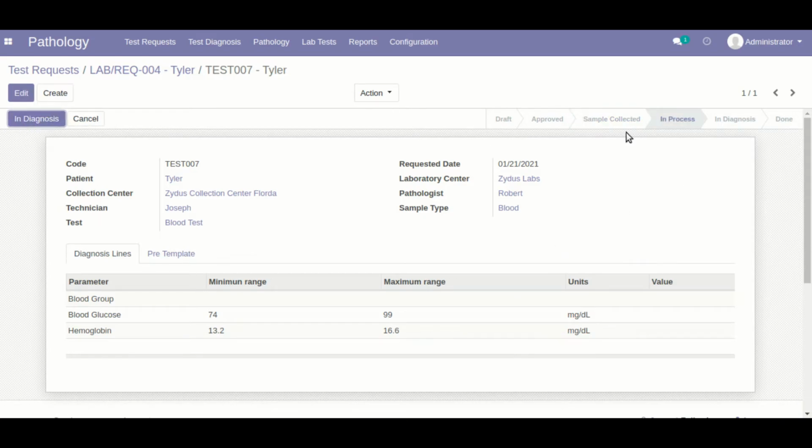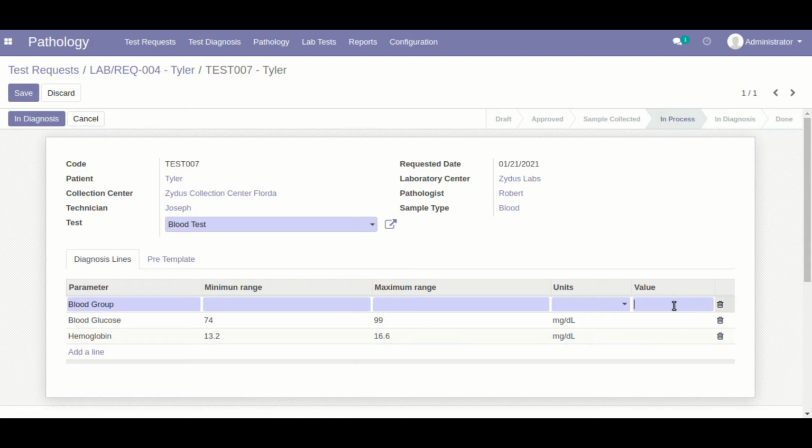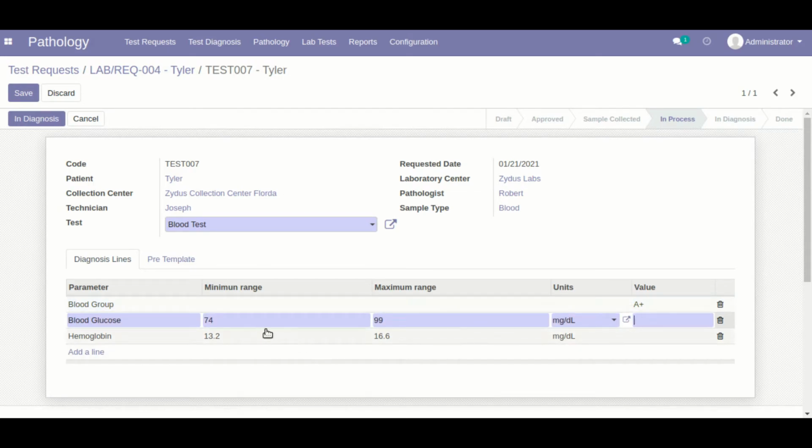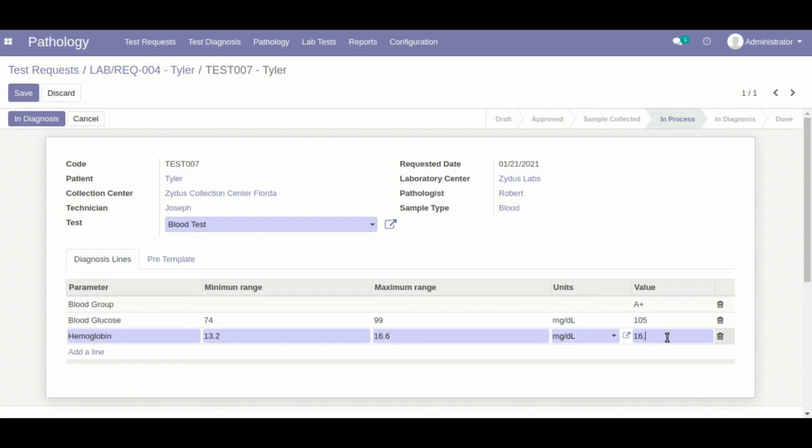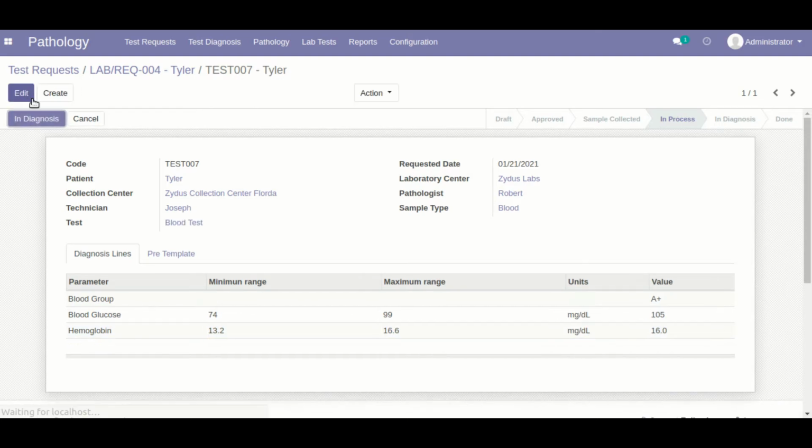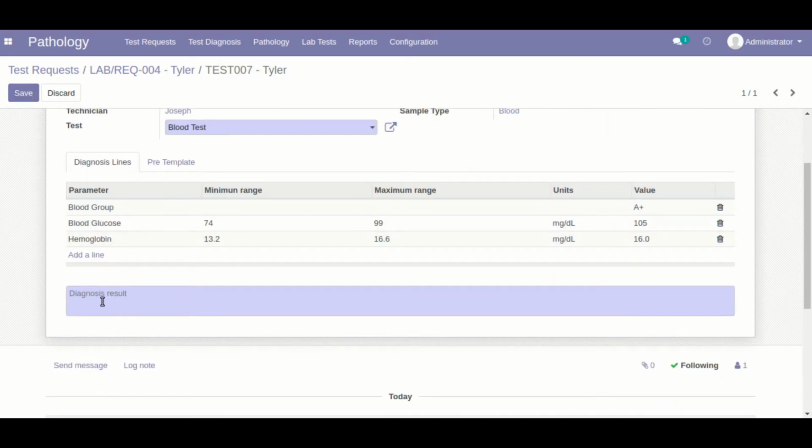Okay, now we are going to start processing on that sample, so at that time the in progress state will be updated. Okay, now this process is in progress, and the technician can update these parameters, like this is A plus, okay, positive. Glucose has to be between this, but let's say it's higher than how much it should be. Okay, hemoglobin would be fine. This is the task of the technician. Now after writing down the parameter values, the technician will push this further for diagnosis. So a pathologist will see this and provide a diagnosis result, like